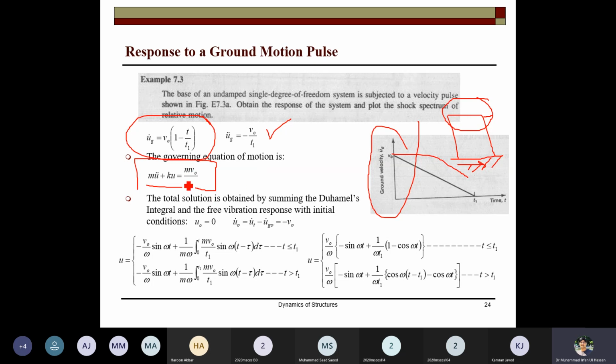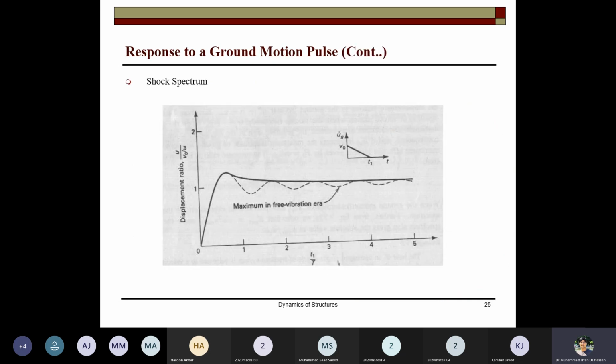तो यहाँ से आप इसको simplify करें कि u0 initially is 0, displacement and velocity it is given initially which is equal to the total velocity minus the ground velocity, वो V0 के बराबर है. And the response of this system when it is subjected to the velocity when time is less than T1, then it is this response, and when time is greater than T1, beyond that point, इससे आगे the response is equal to this one. तो ये इसकी equations हैं which are not encircled, but these are the equations for the system which is subjected to the velocity. जब उसकी velocity को आप subject कर रहे हैं, तो ये अगर इसका load है